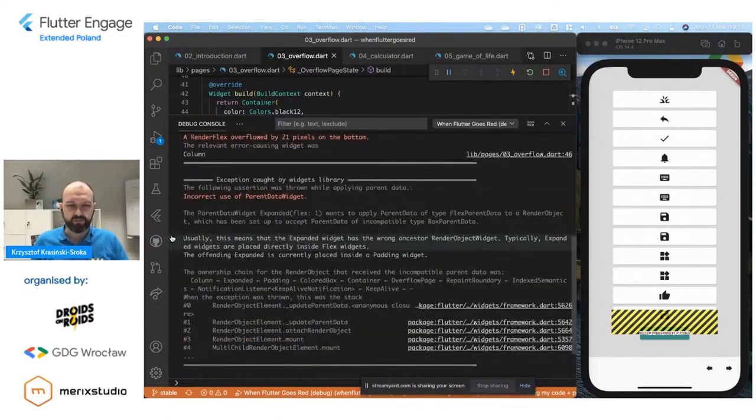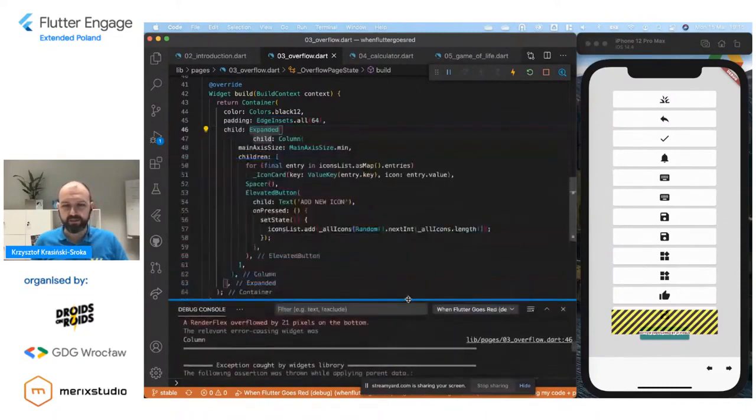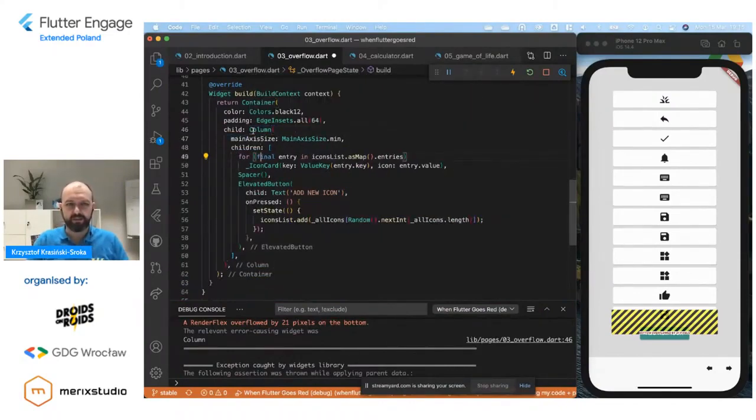There's another problem. Expanded widget has a wrong ancestor. Expanded widgets are placed directly inside flex widgets. And actually, I read the documentation, so I know, it's within the columns, because column and rows are flex widgets. So I'll just go back and say, well, what can we do here, right? We can maybe expand the icon card, the spacer, the elevated button, but it's probably this growing list that makes